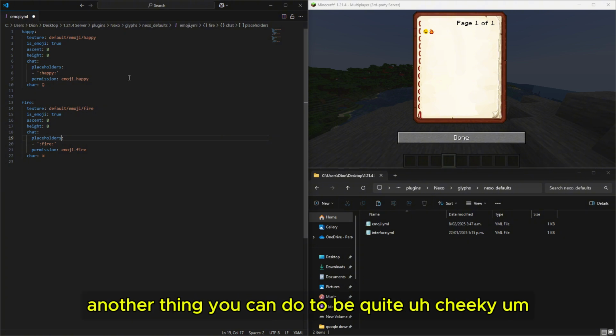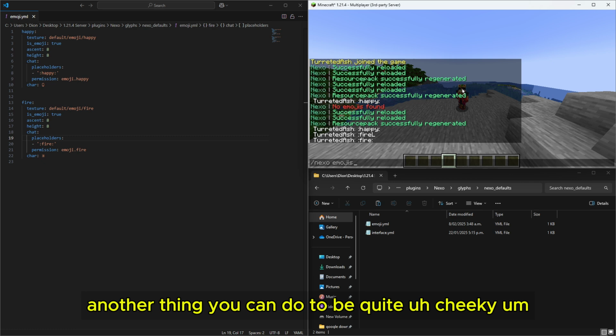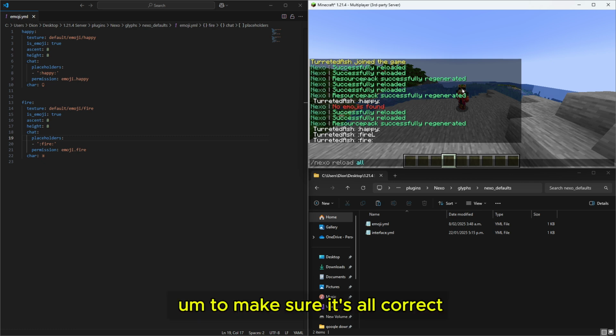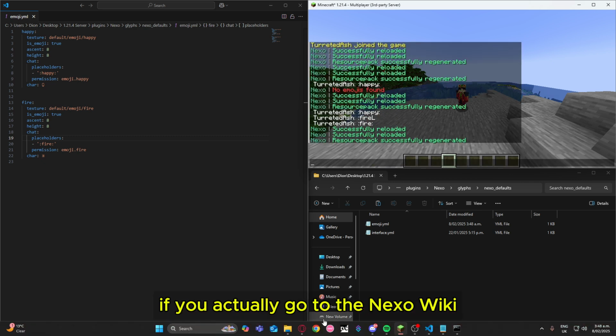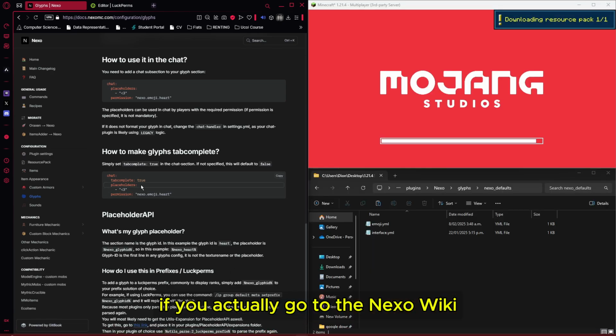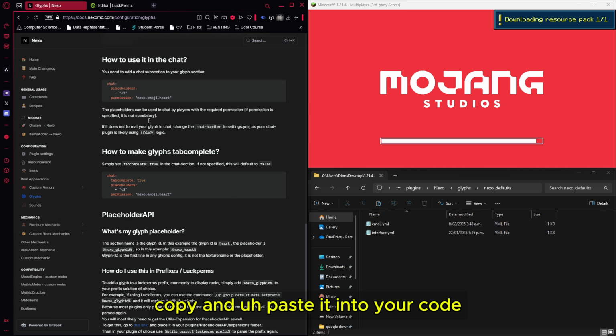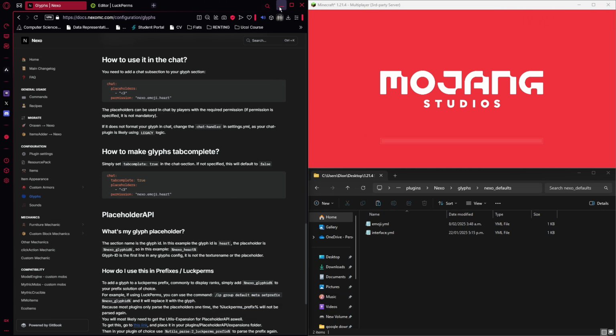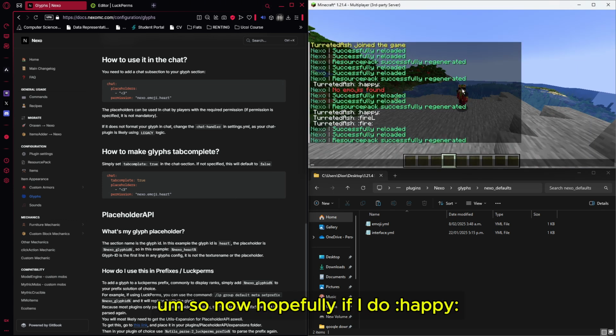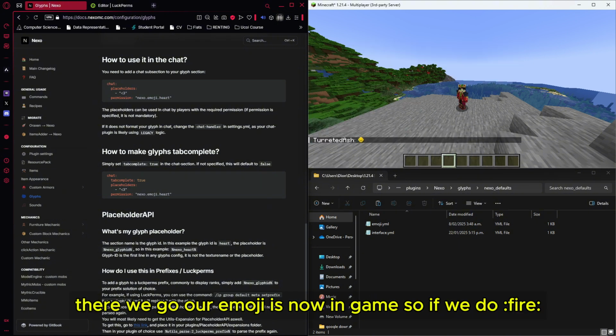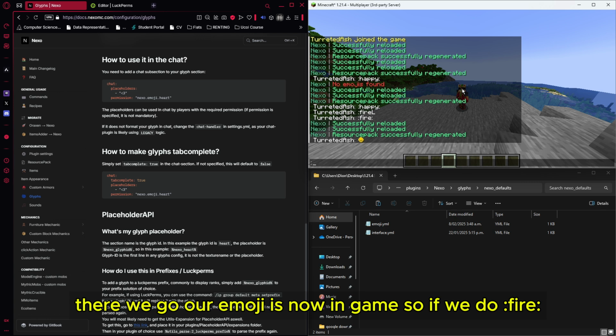Another thing you can do to make sure it's all correct, if you go to the Nexo wiki, it's got them all here for you, so you can just copy and paste it into your code. So now, hopefully, if I do happy, there we go. Our emoji is now in game. So if we do fire,